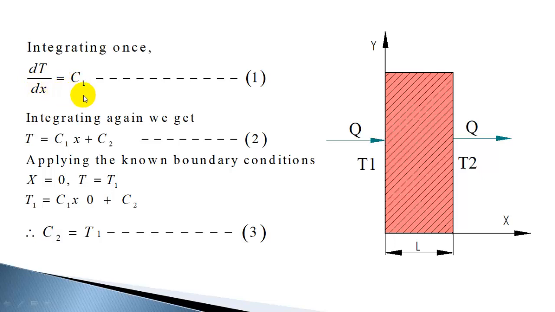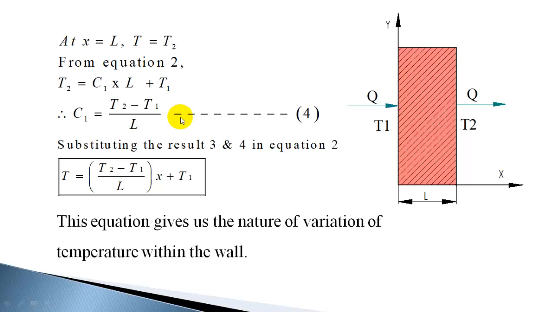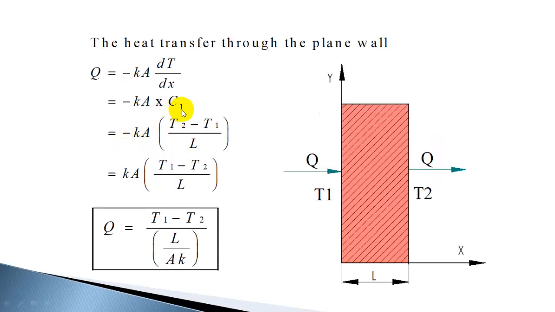So by integrating once, the governing equation d square T by dx square is equal to 0. By integrating that, dT by dx is equal to C1. And also meantime we got C1 as (T2 minus T1) by L. So we know that C1 or temperature gradient within the slab is (T2 minus T1) by L, because it's a linear variation for temperature. Temperature gradient we can take it as (T2 minus T1) by L. So in this case it's very simple. We can easily understand that temperature gradient is (T2 minus T1) by L.